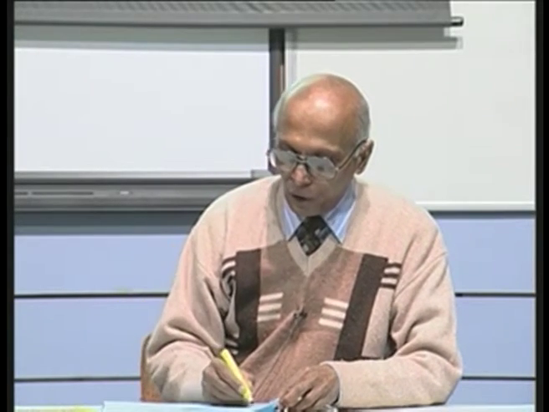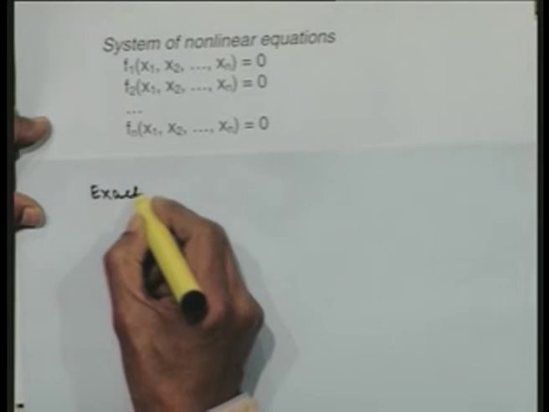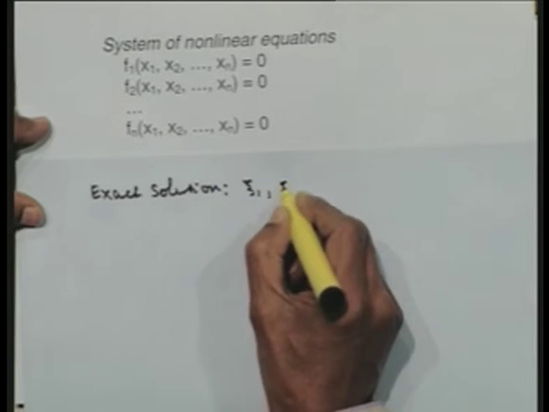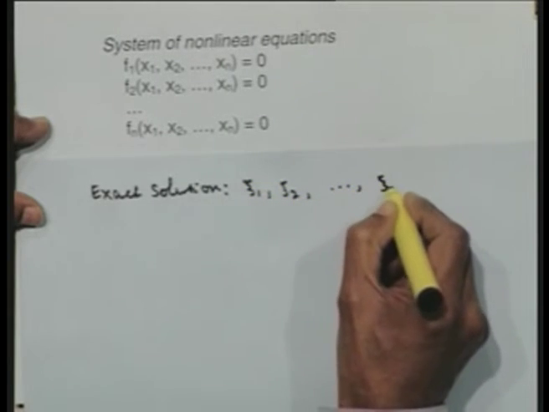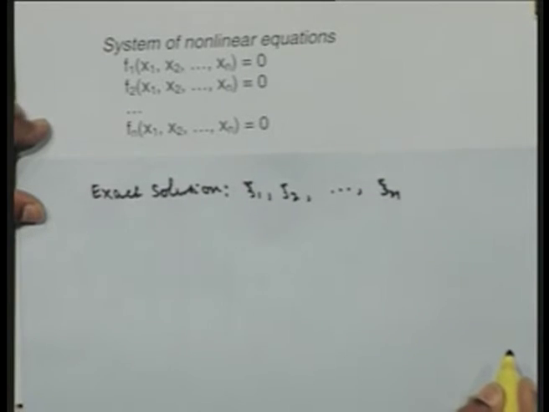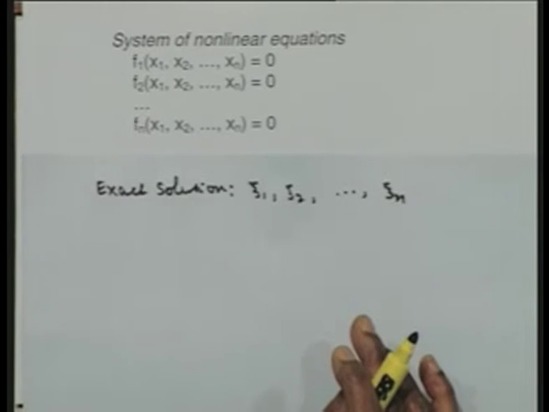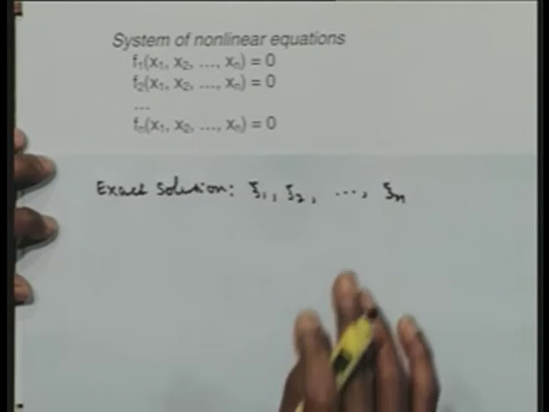We shall follow the same procedure as we have used in deriving the Newton-Raphson method earlier in one of our lectures. So, let us take the exact solution of this particular problem. Let us say the exact solution is xi 1, xi 2, xi n. So, this is the exact solution of this problem. We have used the Taylor series expansion to get the Newton-Raphson method. One of the ways of deriving, we have used the Taylor series method. We shall use that method to derive the method for the nonlinear equations.